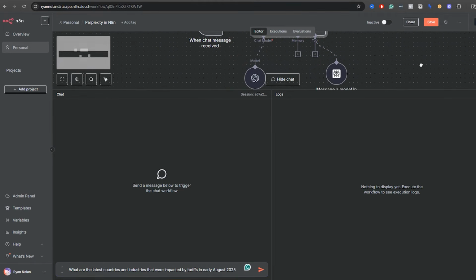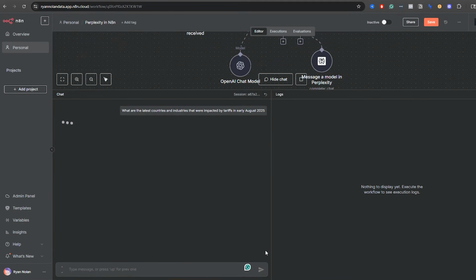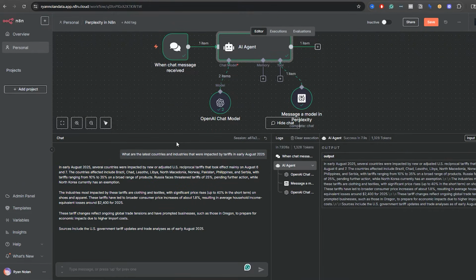We have our model over here, and then again, messaging a model. So this will take a little bit to run. It's not going to be instant right away, but when it is, I will come back and we will continue on. All right, so it loaded up over here, and it talks about several countries getting impacted by tariffs, which